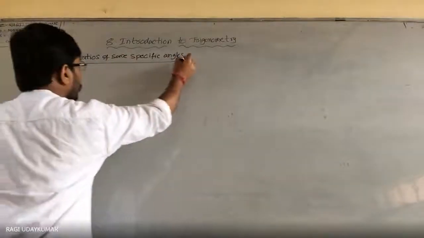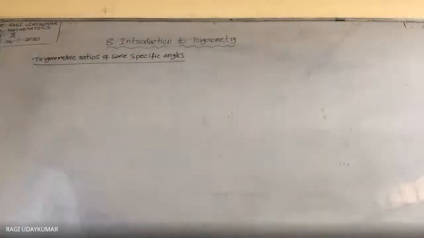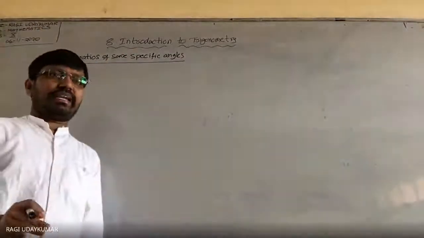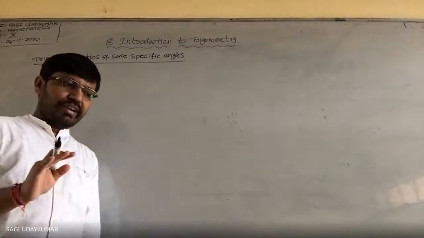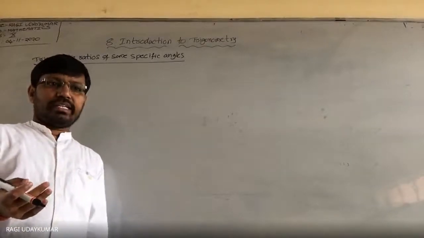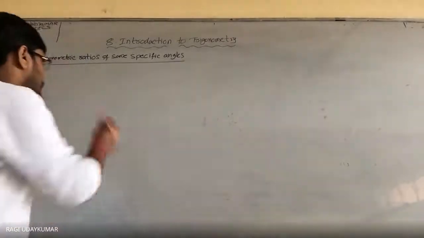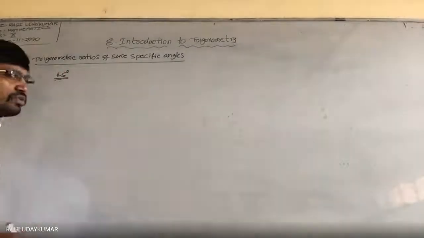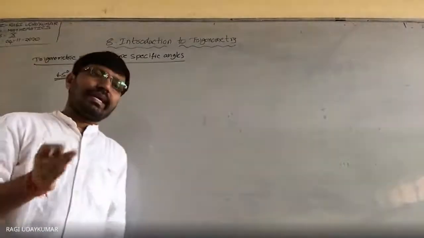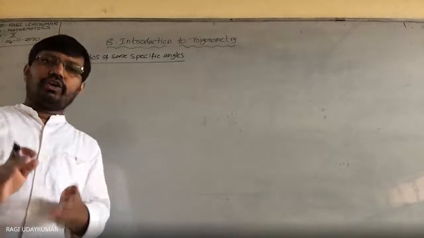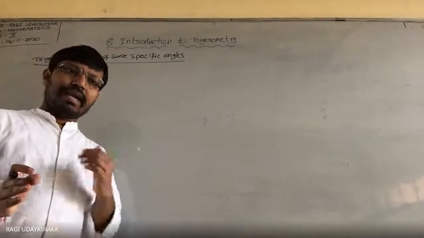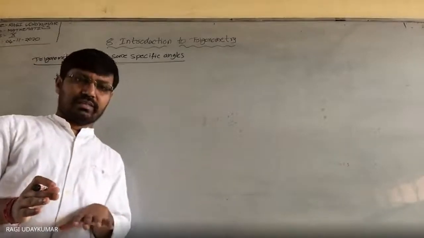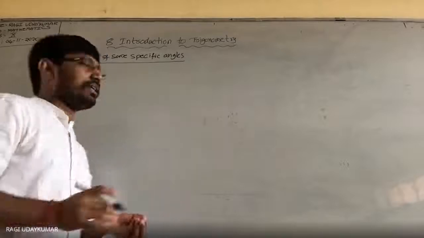Is it visible to you? So first let us take the angle 45 degrees into consideration. For 45 degrees, how will the trigonometric ratio values be? For 45 degrees, you need to take a triangle, an acute angle triangle in which one angle is 45 degrees and a right angle. A right angle triangle should be taken into consideration.